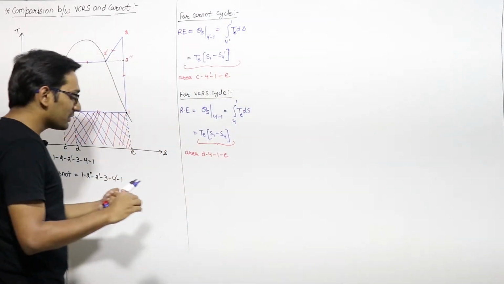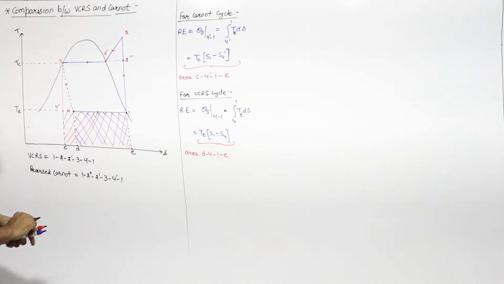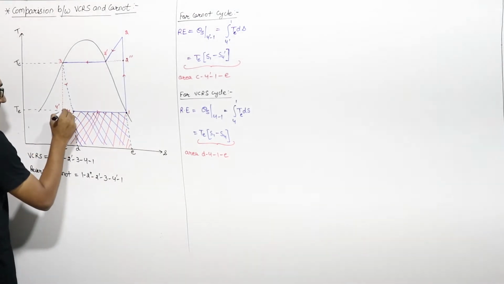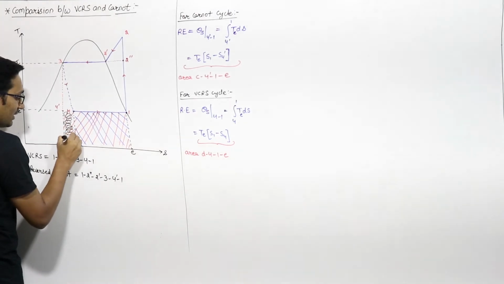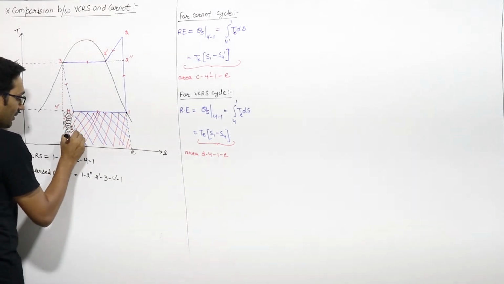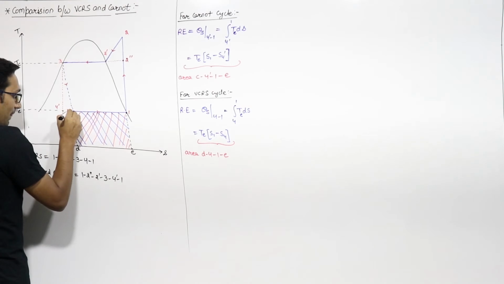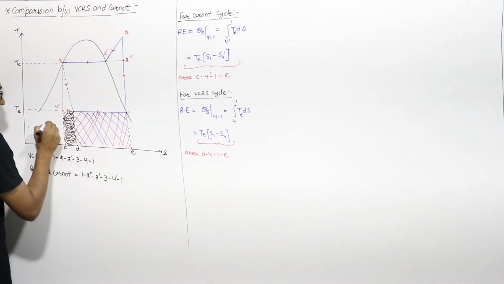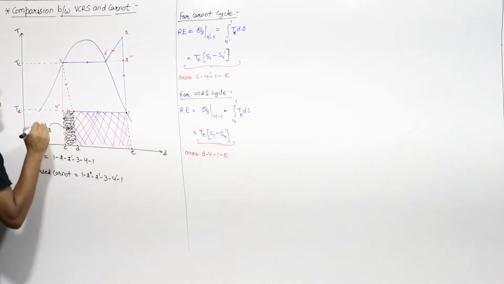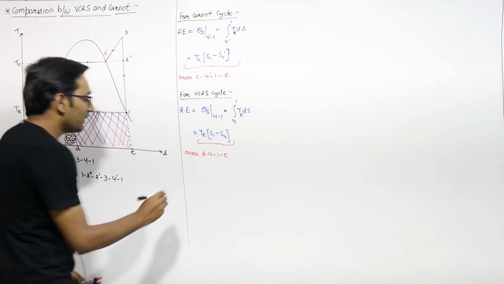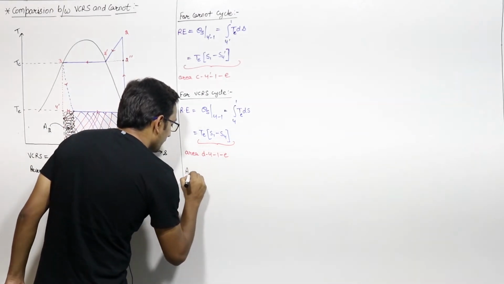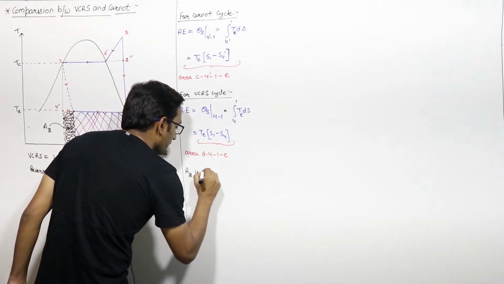And how much is this decrease? This area is decreased in the refrigeration effect. This much area. Let us say we name this area A2. So we can write that A2 is the